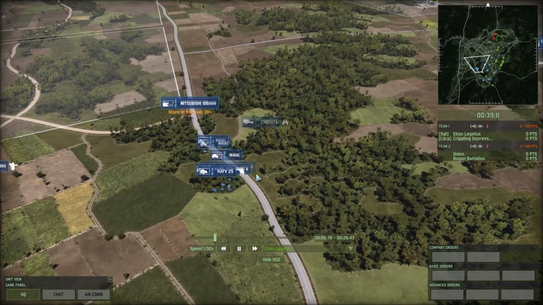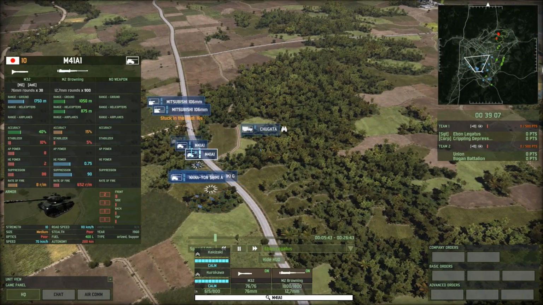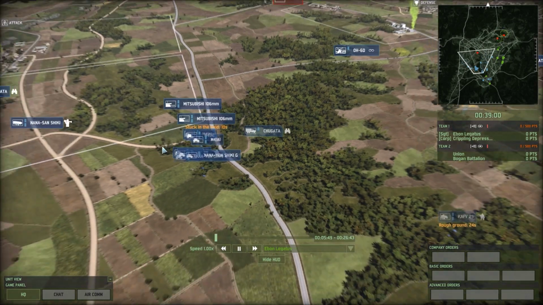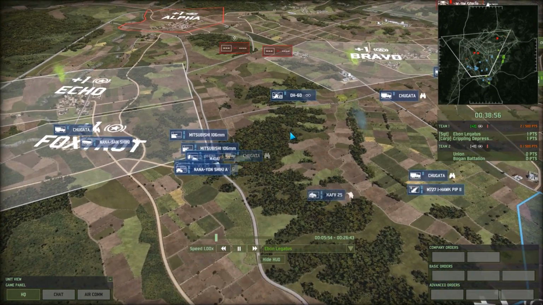The mechanized push was something new for me, so a lot of M41A1s, 10-point cheap tanks, and I mean 3 double groups there, backed up by Nanayan-Shiki A's, Nanayan-Shiki G, and then I do also have a couple of heavier tanks that will be coming with us as some KFVs move forward in the woods here, trying to prevent that